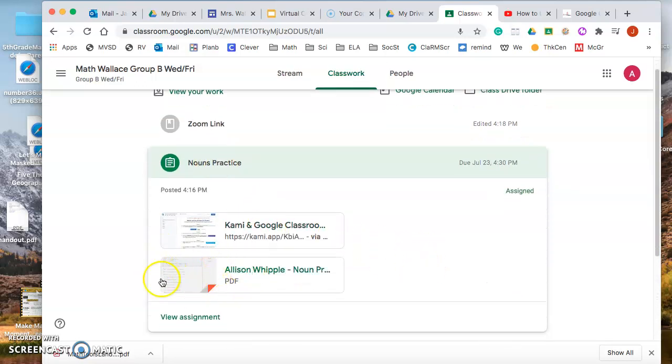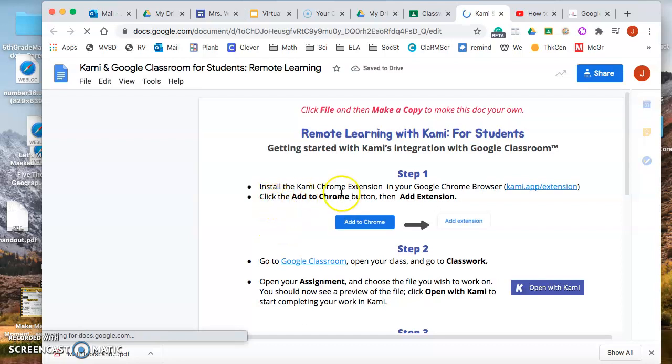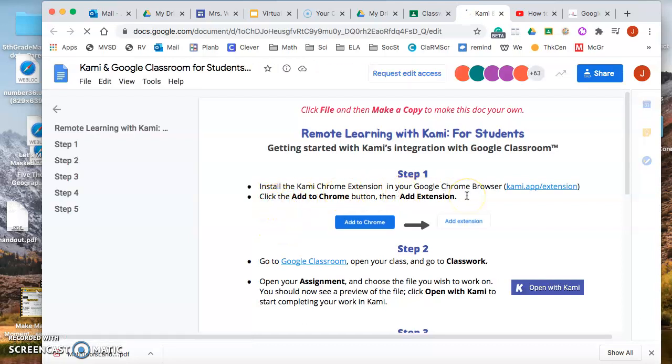So here's my actual assignment down here, but this is how to add Kami to your account. So the very first time you're on a device and you're going to do a Kami assignment, you're going to have to go through these directions. So I open up the directions, and step one, it wants you to install the Kami extension in your Chrome browser from this website here. So I'm going to go to this website,